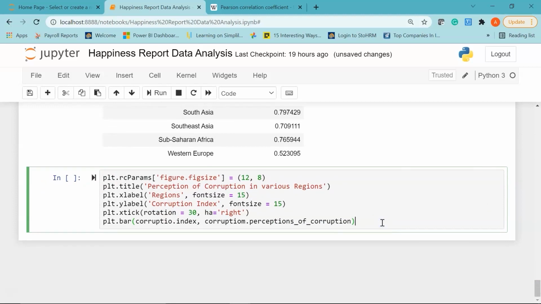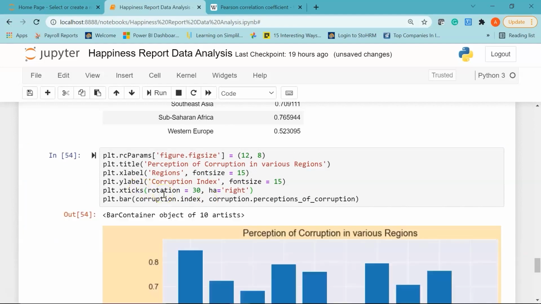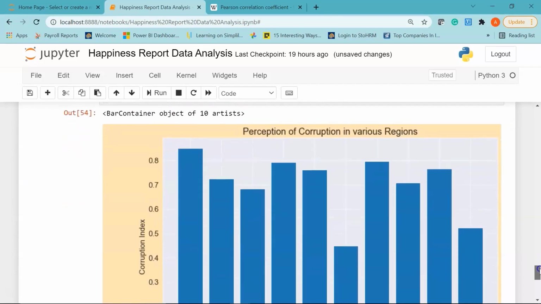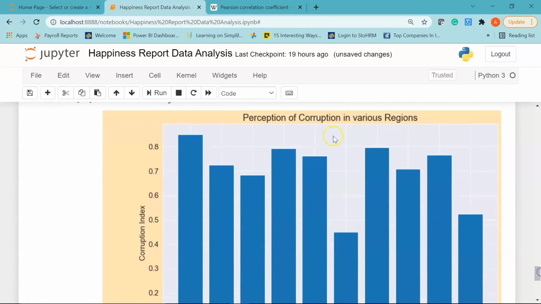Now let me just go ahead and print the bar plot. Make sure everything is correct. I'll just hit shift enter. Okay, there is one mistake here. It says, okay, this should be X ticks and not X tick. Let me run it again. There you go. So if I scroll down, on the top you have the title, which is perception of corruption